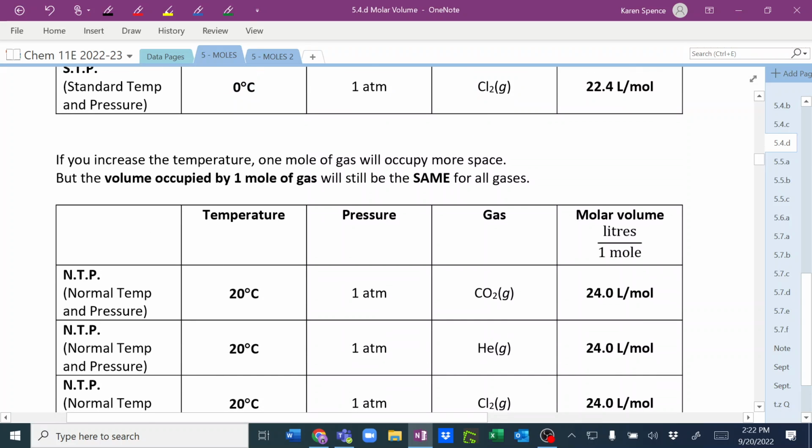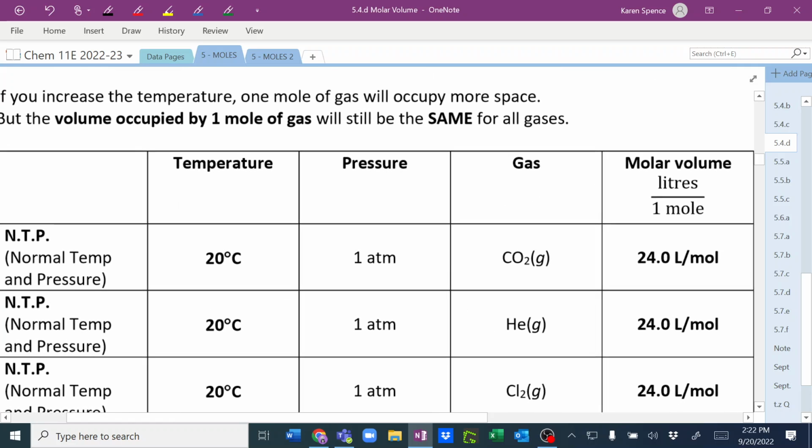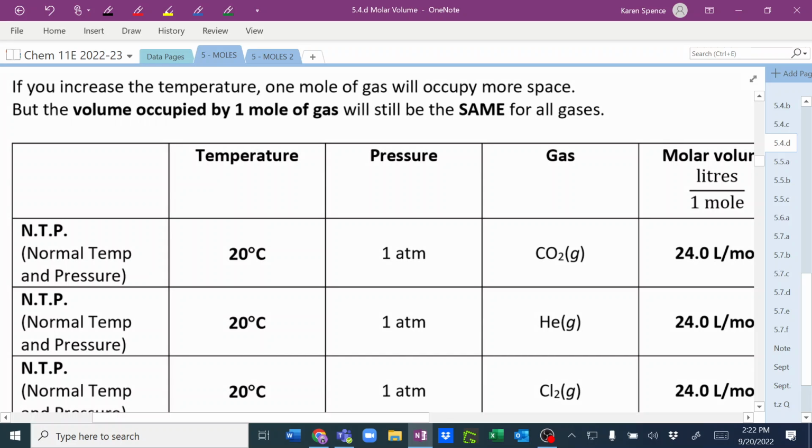Okay. If you increase the temperature, 1 mole of gas will occupy more space. So you'll notice there's another standard temperature and pressure, but we can't call it standard because we already have one that is called standard. So we have another one that is often used, which is called normal temperature and pressure, okay? You are not responsible for knowing this number, the 24 liters, but what you are responsible for knowing is that if you are at a higher temperature,